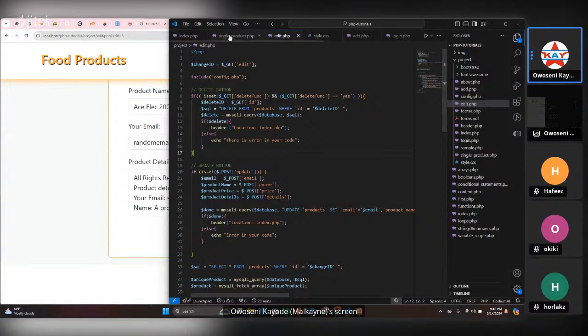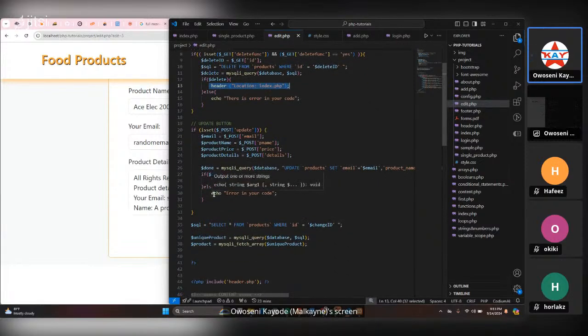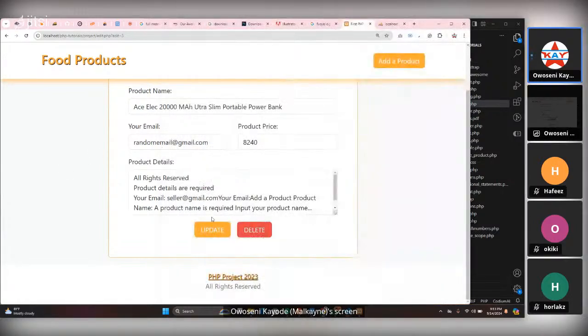But in this case, it's actually working right here in the same edit page, and immediately after deleting, it will take us back with header location. Because if we do not do anything here, it will give you an error, because after deleting this particular product, why would there still be an edit for that particular product? So everything here will fall into an error. I don't know if you get what I'm saying. If our delete works and we did not direct it to the index,